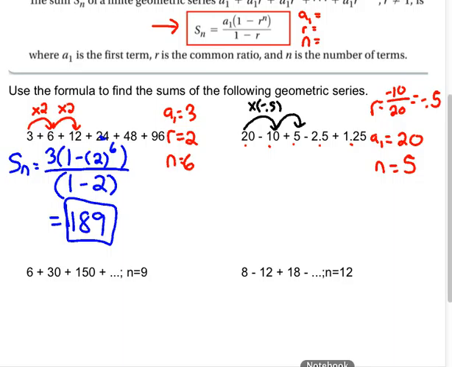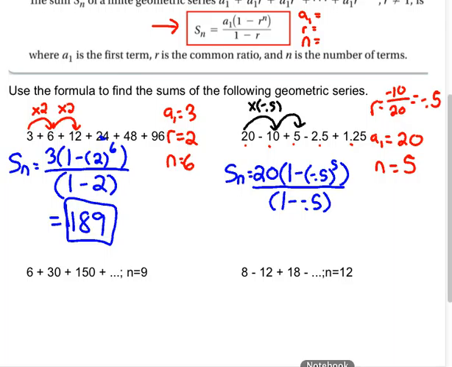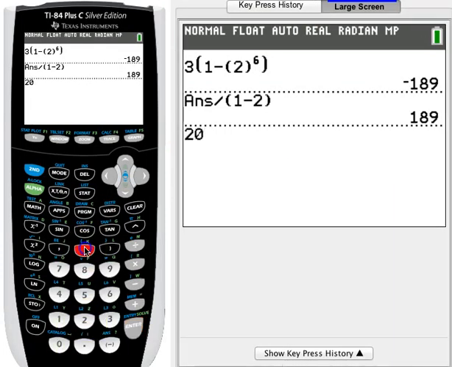So let's get this plugged into the formula. Sn is the first term, 1 minus the rate to the nth power, all over 1 minus the rate. Now you can type this whole thing into the calculator. You just have to be very careful and very meticulous with how you write this in. So 20 times 1 minus, now the rate was negative 0.5 to the fifth,